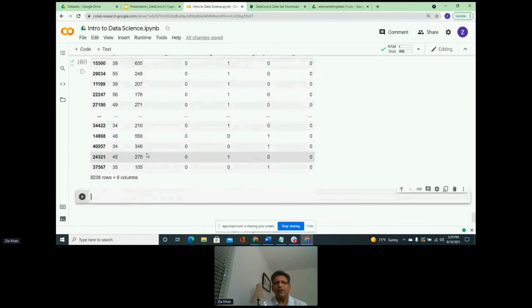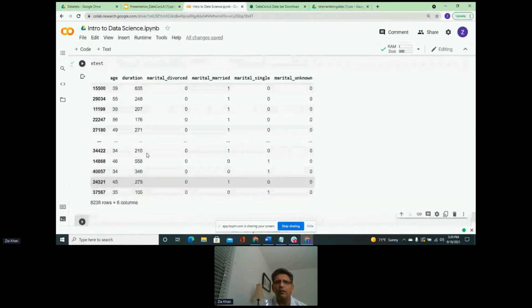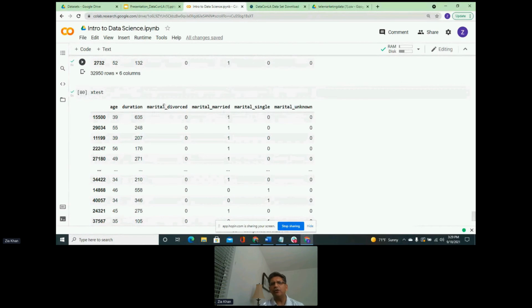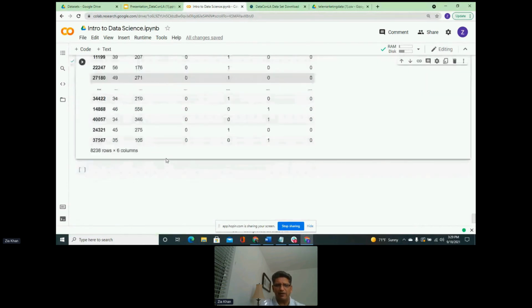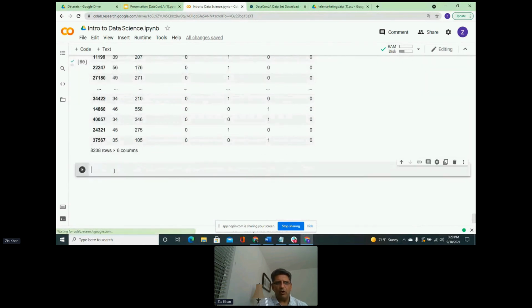So now what we have done is we have split the data into training and testing, but we are using what is called dummy variables, and we have added a new feature called marital so that it can help our algorithm. Now we go back to our decision tree.